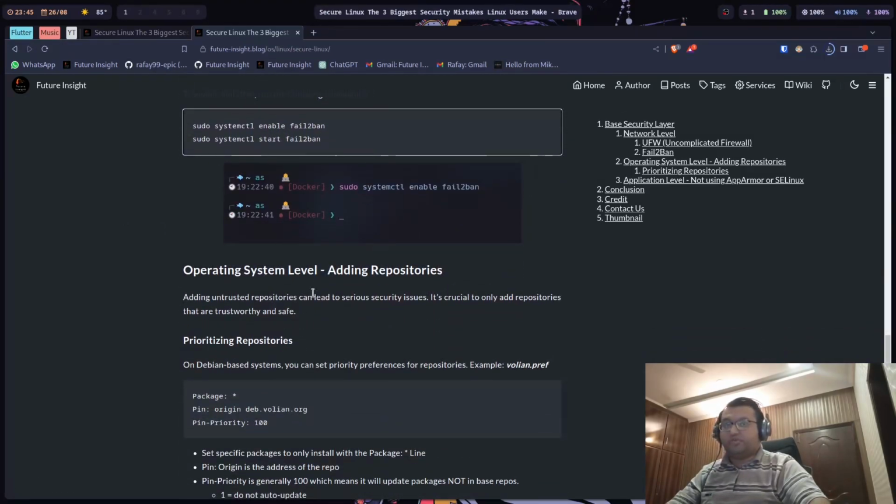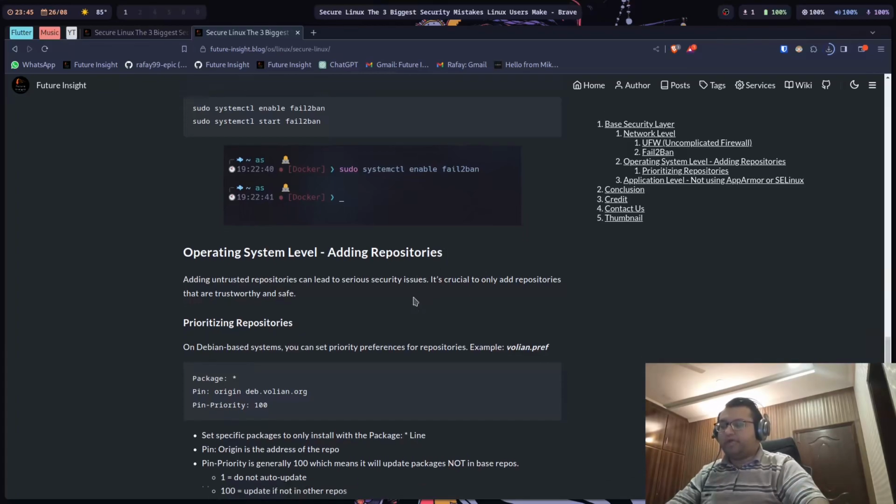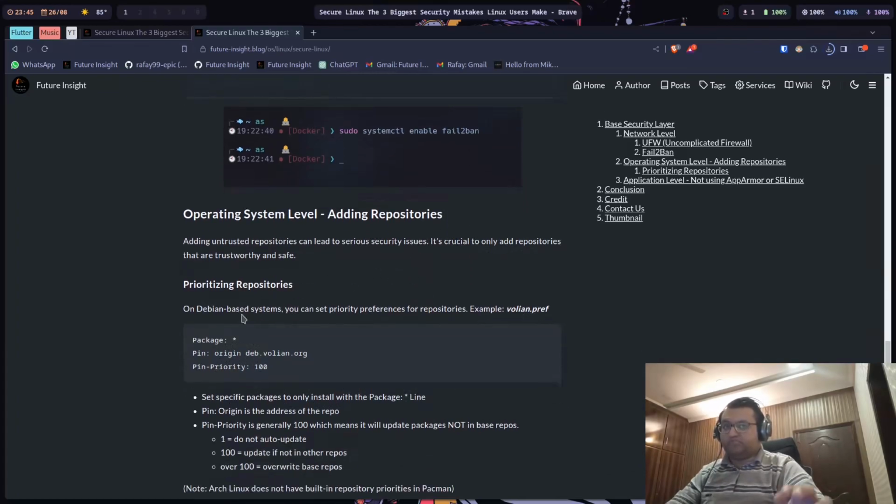The second option was the operating system. For Debian, you add PPAs, different repositories, to install applications, for example from Microsoft, Google Chrome, Visual Studio Code, and a bunch more, like Spotify, which has its own repository. Over here I have an example: I use Nala on Debian. It is organized by the Vulkan repository. Now it might be Debian, but I'm not sure.